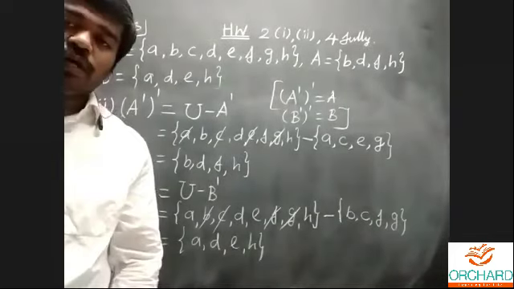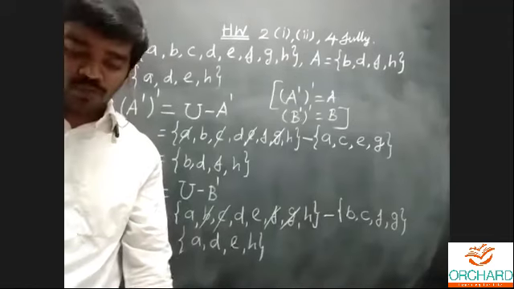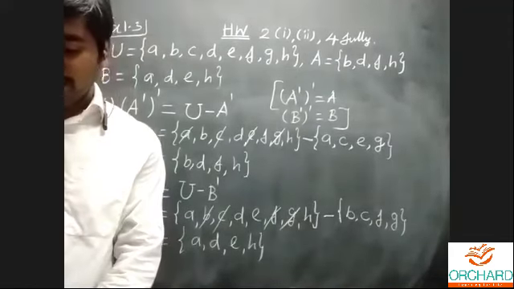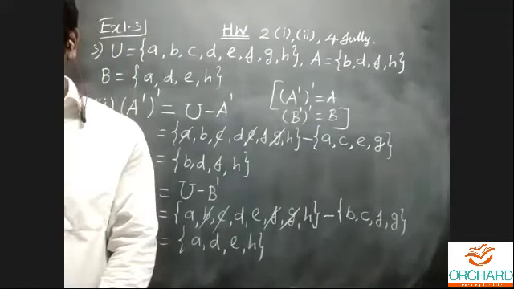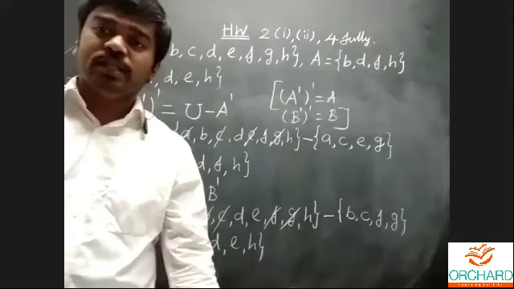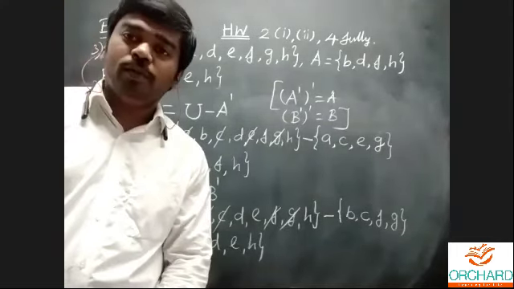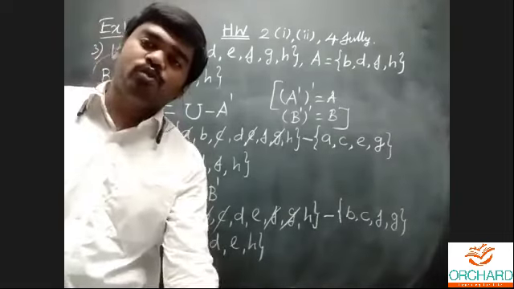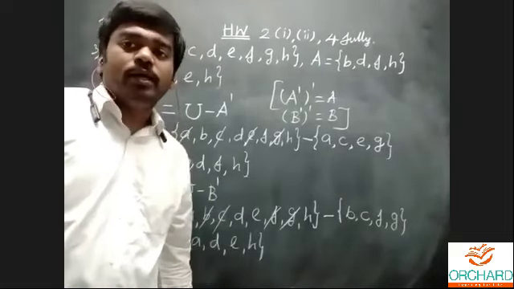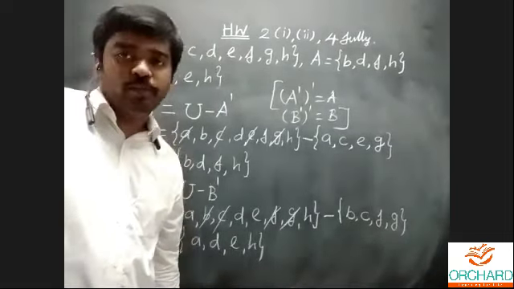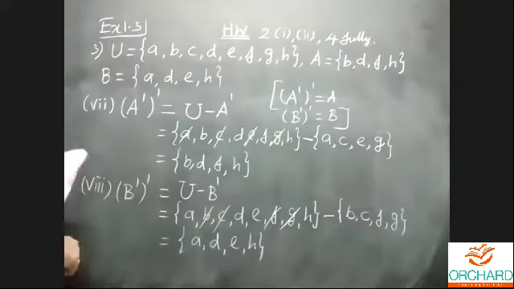That is correct. Otherwise, in the notes we learned one more point: A symmetric difference B is equal to A union B difference A intersection B. One problem will be done using the difference between the two sets, and another using the A intersection B and A union B idea. That gives the symmetric difference between the two sets A and B.